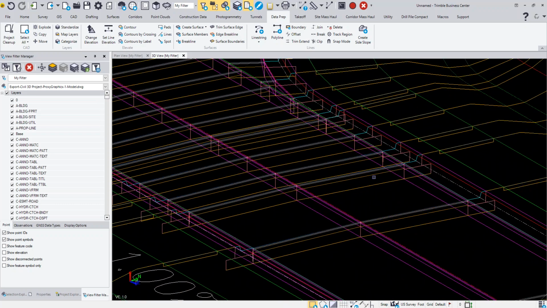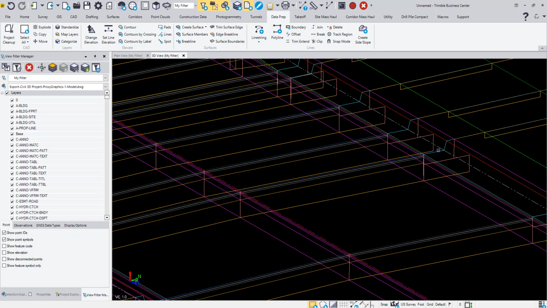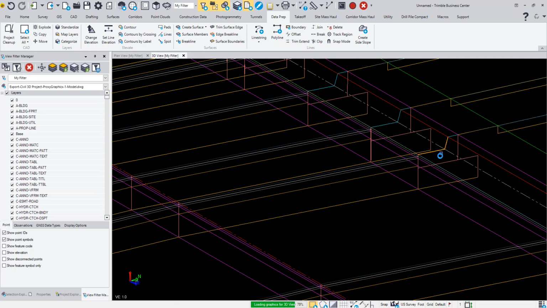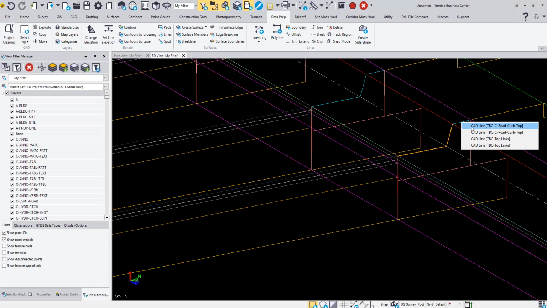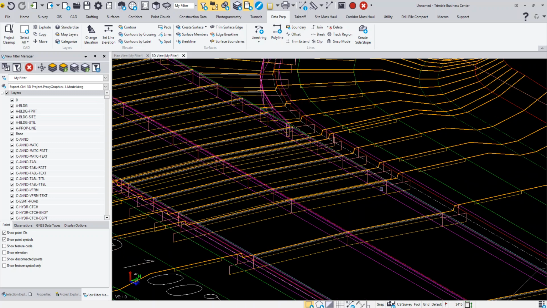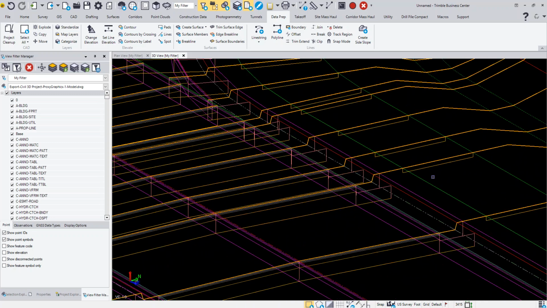I get each one of these is on a different layer. So here I have the top. Okay, so there's the top of that one. And I have a top here. But I also have the, so I got the road curb, but I also have the top link. So there's 2 lines there. One's the top links. So if I was to come in and select similar, you can see that now I've picked up all the top links